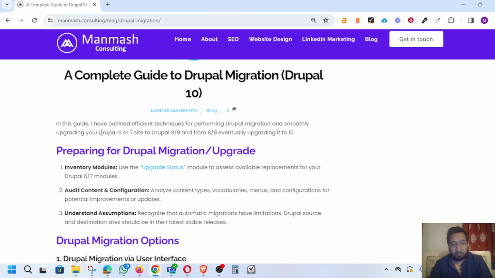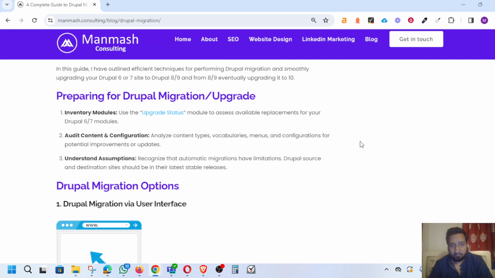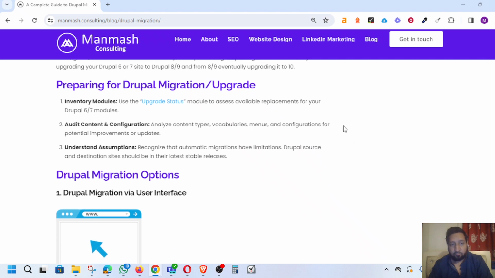If they have a Drupal website in Drupal 6 or 7, then how can they migrate, as a first step, to Drupal 8 or 9, and then as a second step eventually upgrade it to Drupal 10, which is the latest version. So you can do Drupal migration within the Drupal system, the Drupal CMS user interface, and the